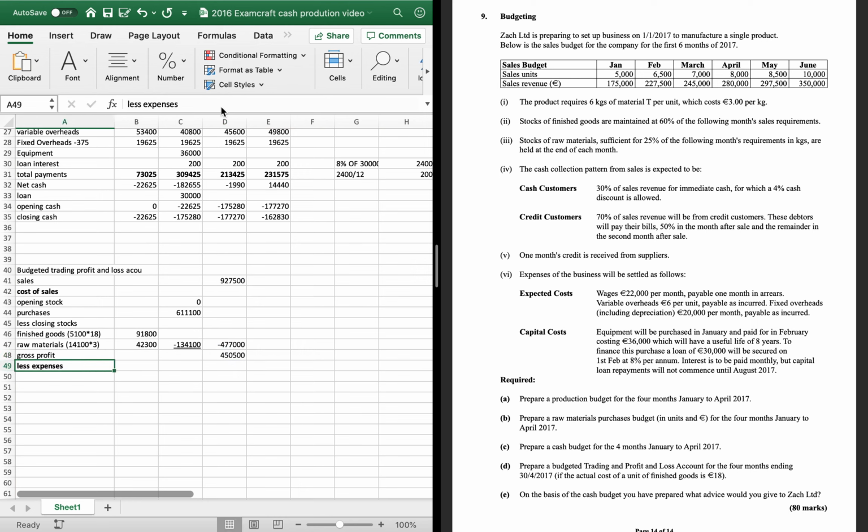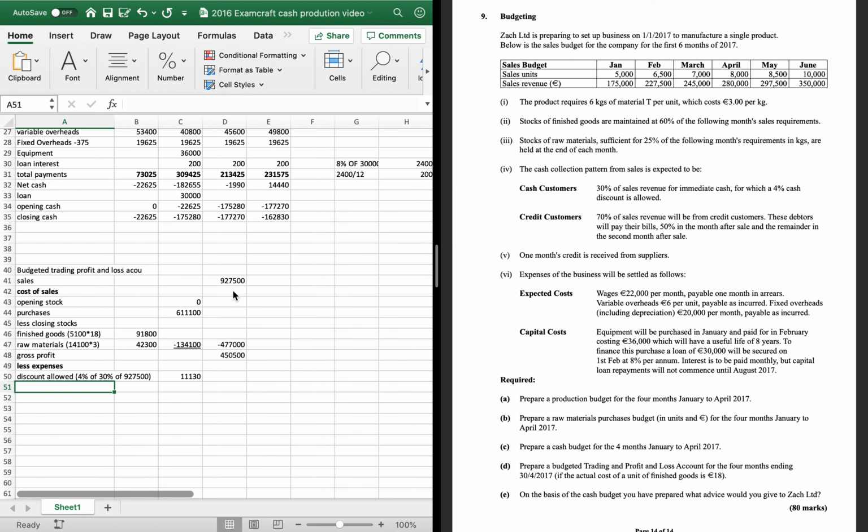Our expenses. Now, our expenses are all of these that are listed here. There's a couple of things we have to be really careful in here. The first one is that if there's a discount allowed, that we include it. There's always a discount allowed in the mock ones anyway. So we know that there was a 4% discount on cash sales. So it's 4% of 30% of our sales of 927,500, which is